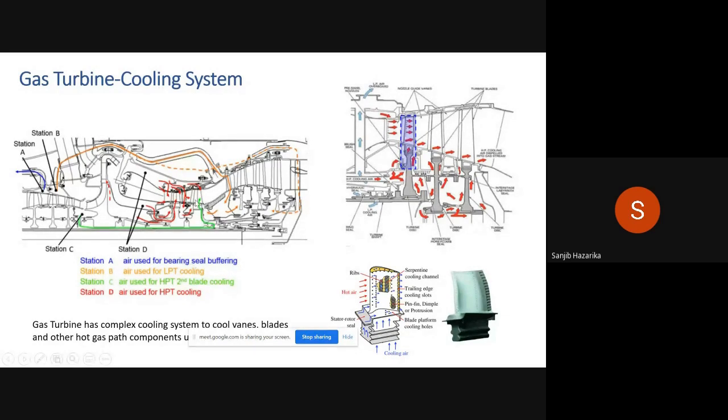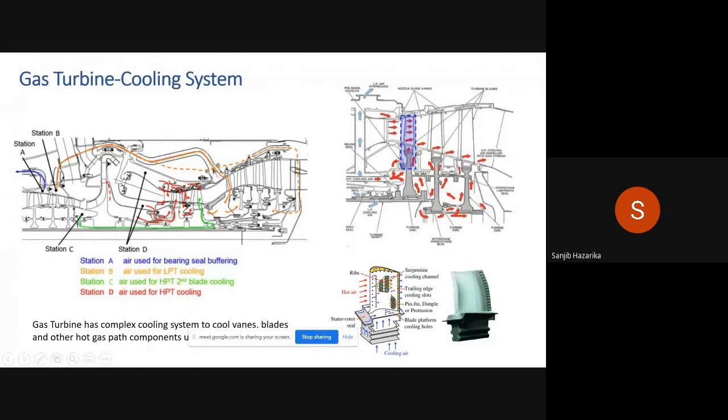And that also depends on the blade, like a second stage blade versus the first stage blade. The first stage blade requires more cooling, because the temperature here will be higher than it is further along. And if we see in the bottom part, it shows even the bucket has holes that can be used for cooling the buckets. And this cooling is very important to overall gas turbine performance, because